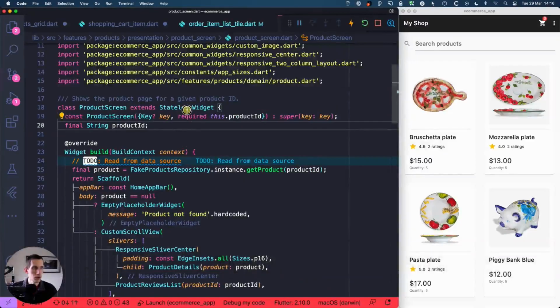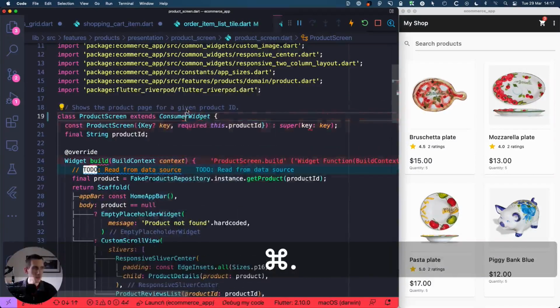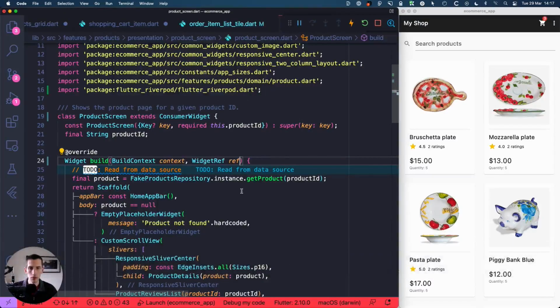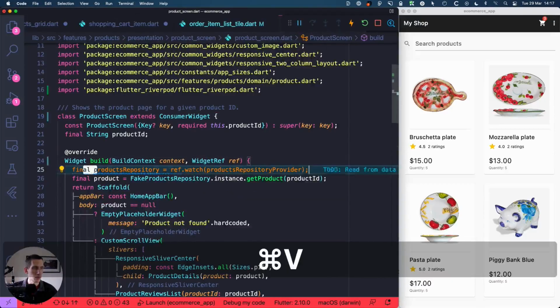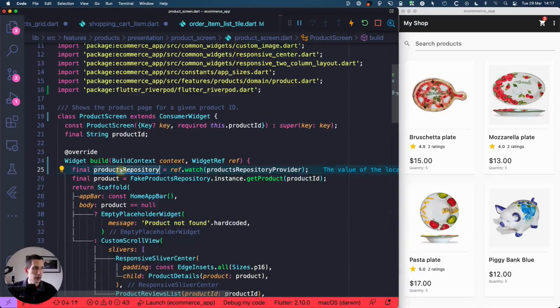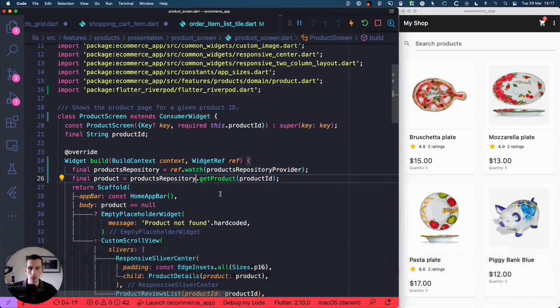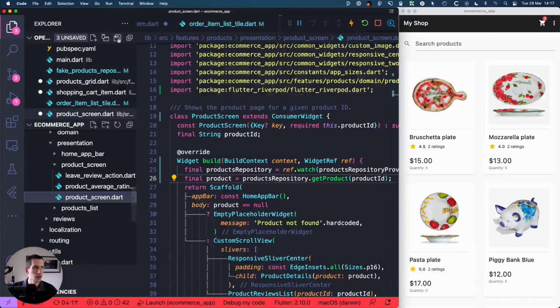So let's also convert this to be a consumer widget and import Flutter Riverpod. And we can also add the widget ref argument to the build method. And then we can copy this line from the previous file and paste it in here. And finally, replace the singleton with this variable, like this. And now that we made all these changes, we can make sure that we save all the files that we